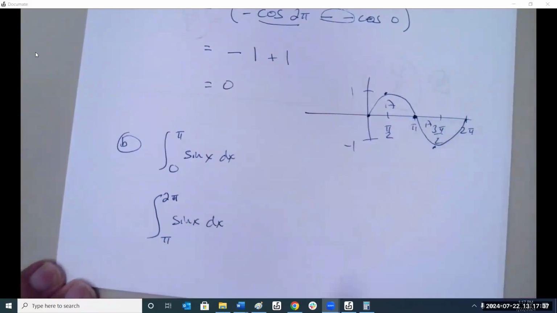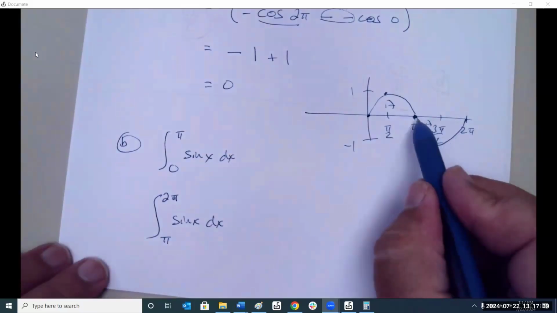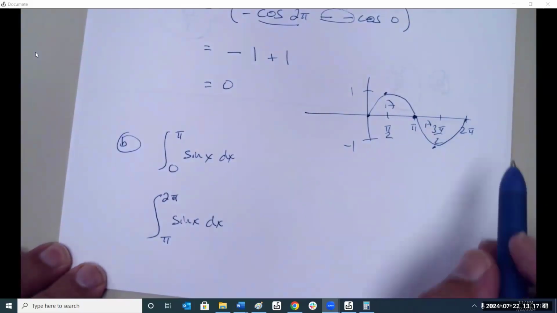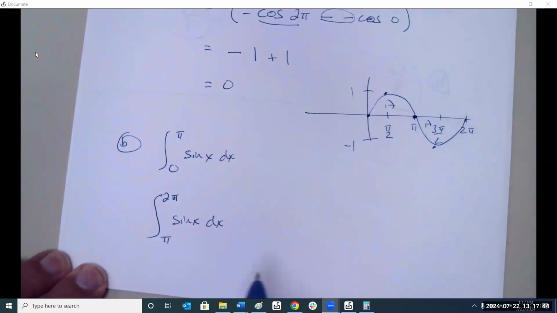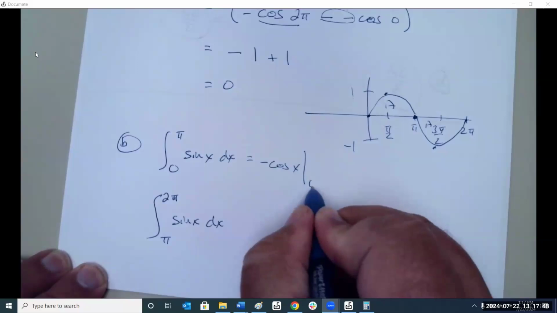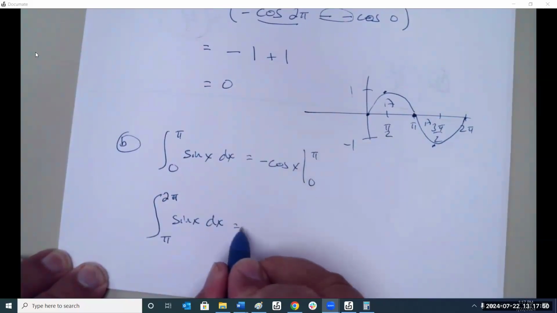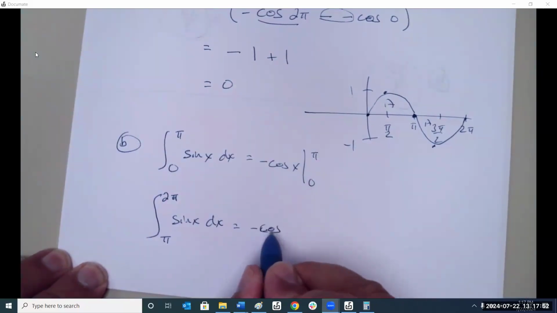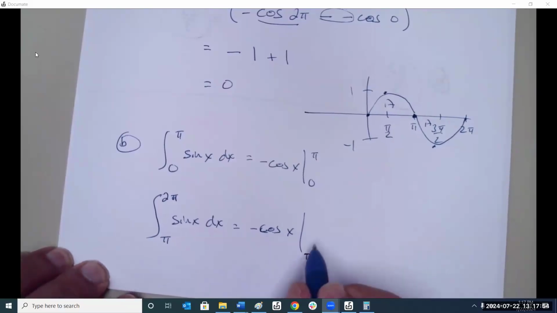Now, where the mean value theorem is where it's the middle part, where it crosses the x-axis. We do them both separately. So it's negative cosine x from 0 to pi, negative cosine x from pi to 2 pi,